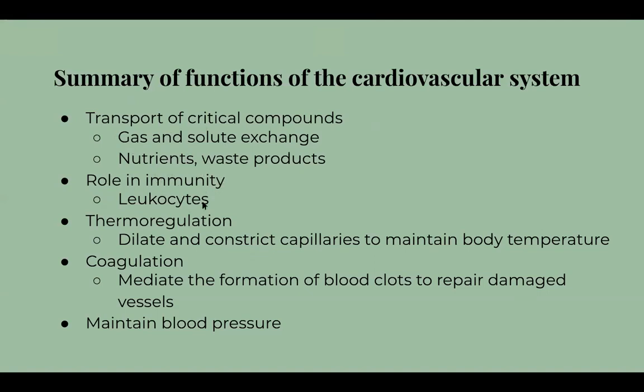We didn't get too much into that, but just the fact that your blood has these white blood cells that are heavily involved in the immune system is where that connects. Thermoregulation, again, I don't think we talked too much about it today, but I think we mentioned it last time, is that the dilation and constriction of capillaries and other blood vessels is able to regulate body temperature to a small extent. And then coagulation we just talked about, and then maintaining blood pressure is another important function